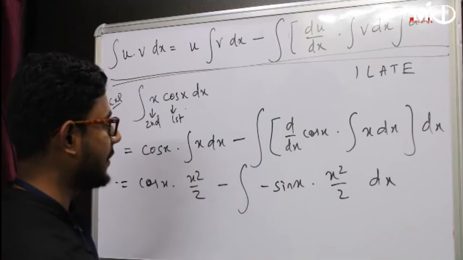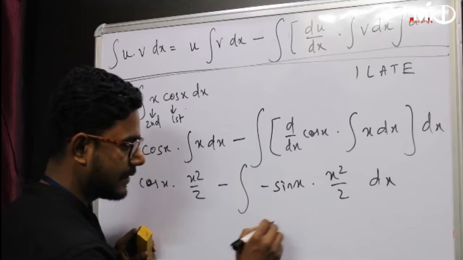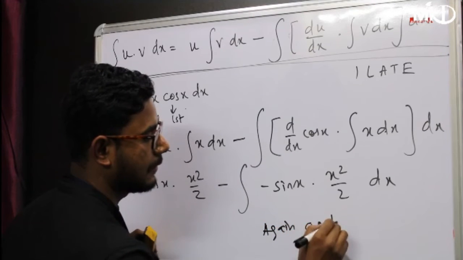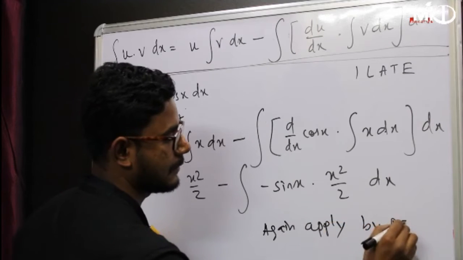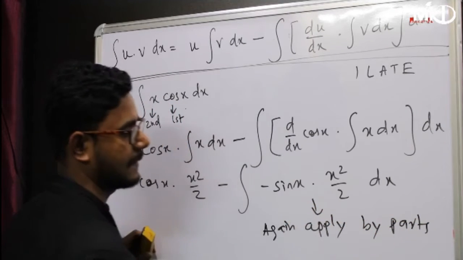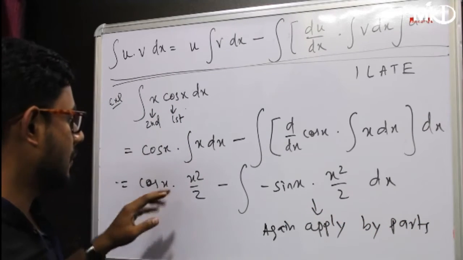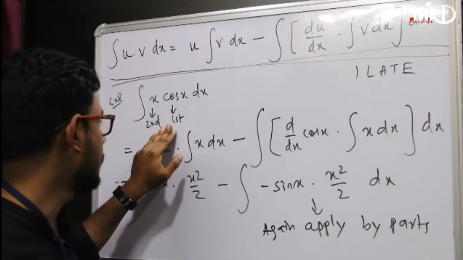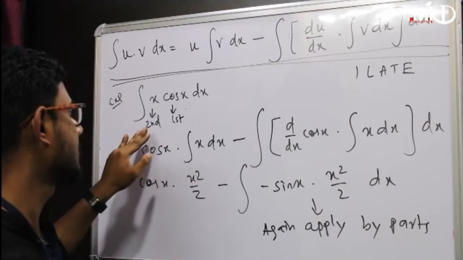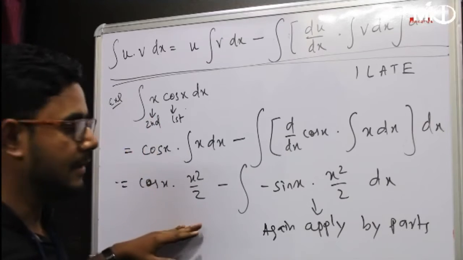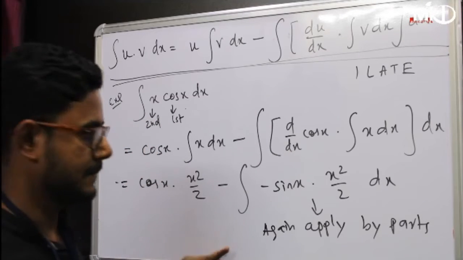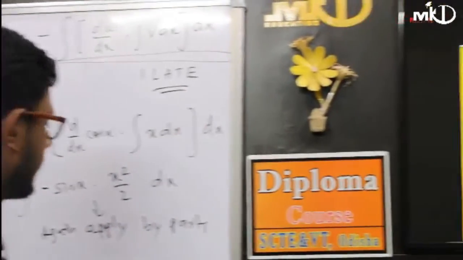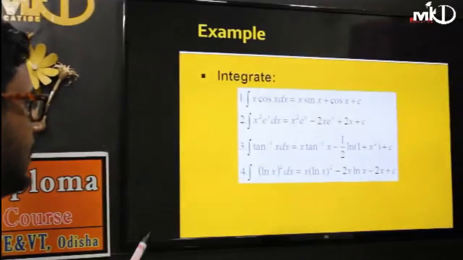So therefore it's very important. In case of a product of two functions, it is very important to choose what is the first function and what is the second function. If we choose correctly, then the problem can be easily solved. So always use this Euler rule. So let's do another example.